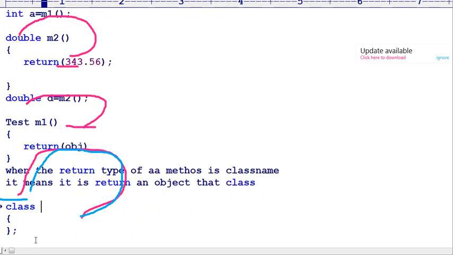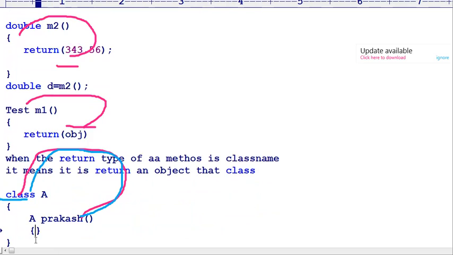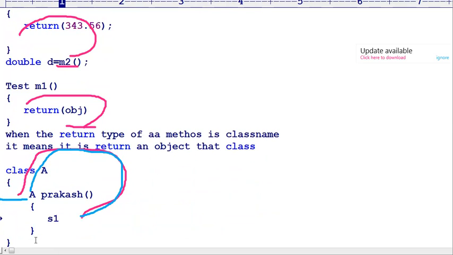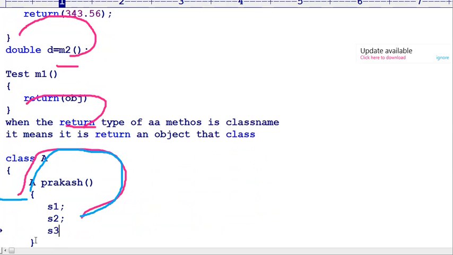I am calling A, A is the class, followed by the method name Prakash. The Prakash method is returning. Now I am writing statement 1 followed by statement 2, and so many statements, and so on.